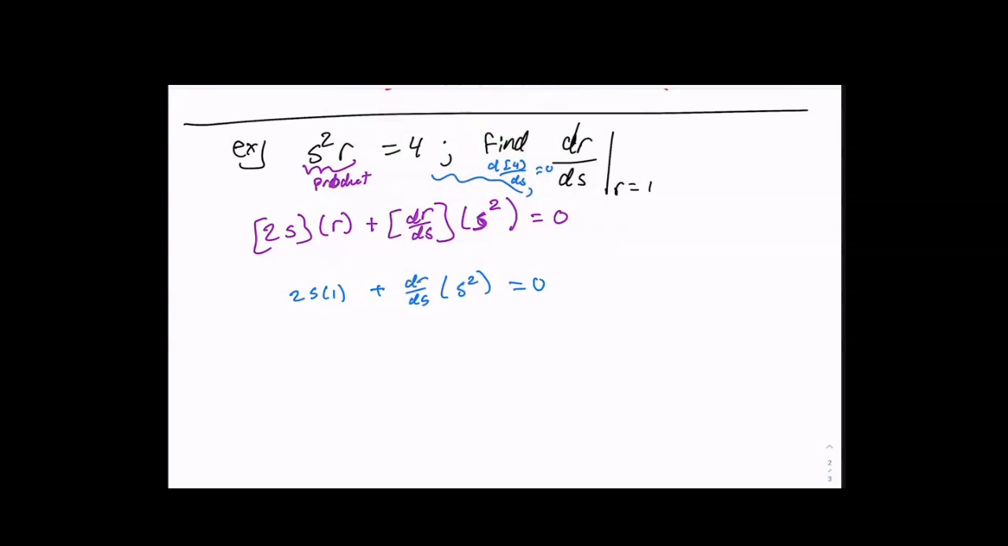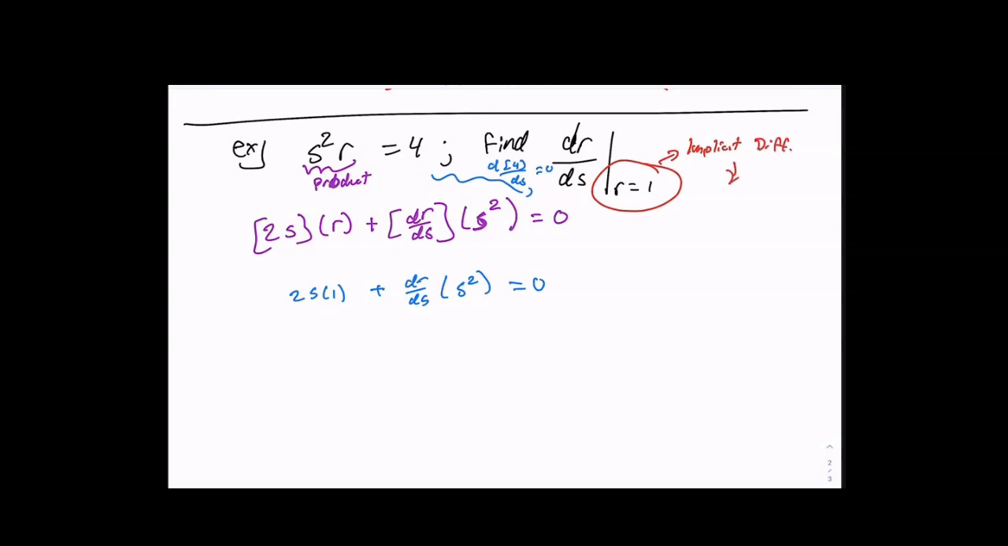Same thing that we did yesterday. This is a problem that pretty much I covered yesterday. Yeah, we are going to need dr/ds by itself. But the question here is that in an implicit differentiation,